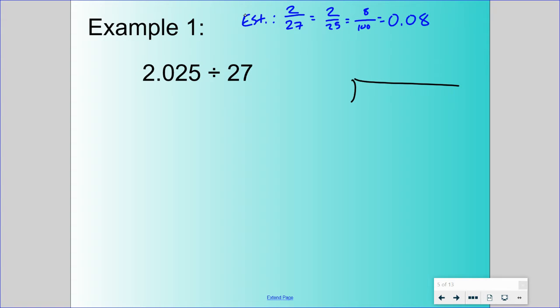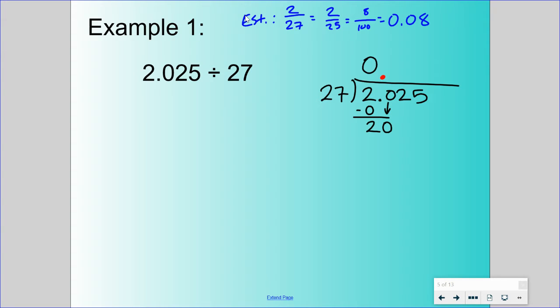We're going to write the dividend underneath, 2 and 25 thousandths, the divisor outside. Before you do anything, put that decimal place up. Now, some of you are looking and saying, but wait a second, Mr. Callan, 2 cannot be split into any 27 groups. So I'm only going to write the 0 there. Now, some of you skip this next step. For the rest of us, we're going to go ahead and subtract 2 minus 0 and then bring down the